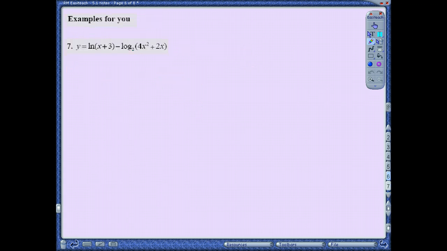Example 7 and example 8, you're going to work those, and then you're going to look at the second video for section 5.1, and I'll go through those problems. Now, when you're looking at example 8, make sure that you use your properties to make this a lot